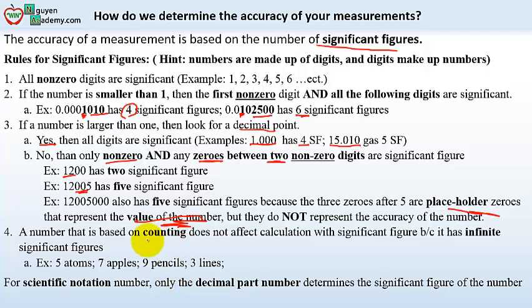And one last rule is when you have a number that's based on counting. I mean, you literally count it. For instance, you count there are 5 atoms, 5 apples in a basket, 9 pencils, and 3 lines. This number has an infinite number of significant figures, so they don't affect your calculation at all. What about when we have scientific notation? The only part that counts for significant figures is